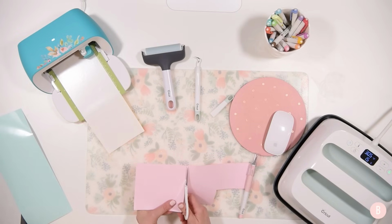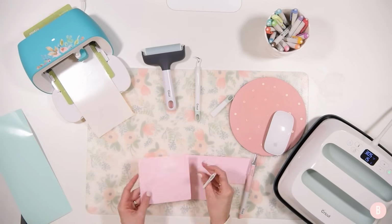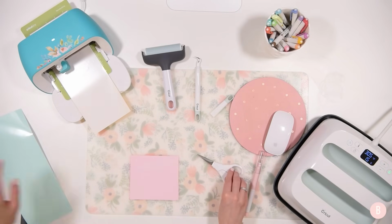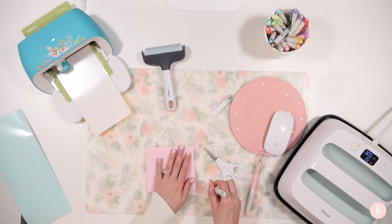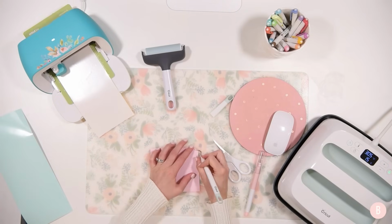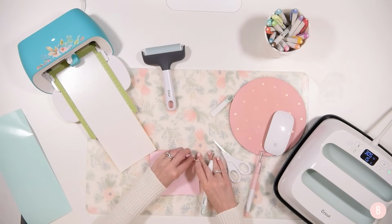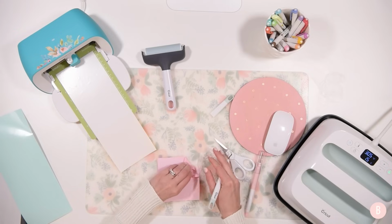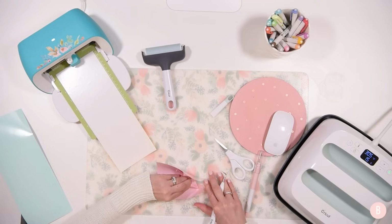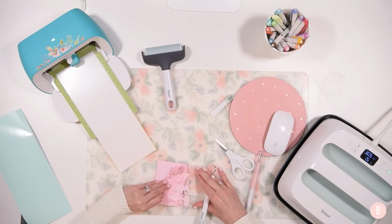So while that is going to cut the rest of my layers, it's helpful to get everything weeded, because then we can just start pressing soon. Okay, so now I'm just going to, HTV is super easy to weed. I'm going to poke a corner just like I would vinyl and just start pulling. So I'll pull, looks like the yellow layer is done, so let me get this surrounding area off, and then I will go ahead and load another